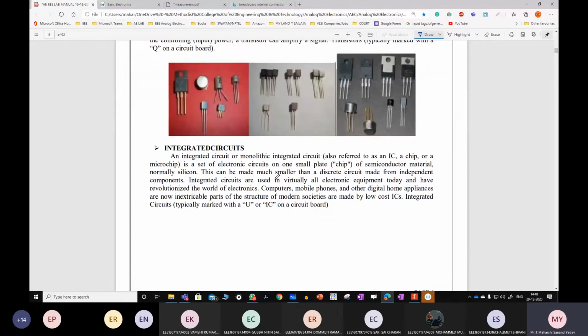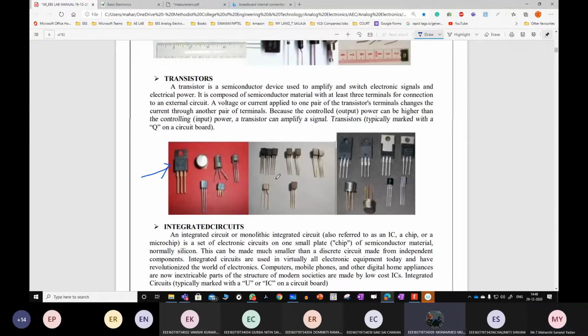So what is this? Capacitors. This is a capacitor, sir. Observe carefully. Transistors. It is a transistor. Again, in this also there are types, like 3-terminal devices. One is bipolar junction transistor, and the next concept will be FET. What is FET? Any idea on this? Field effect transistor. Correct.